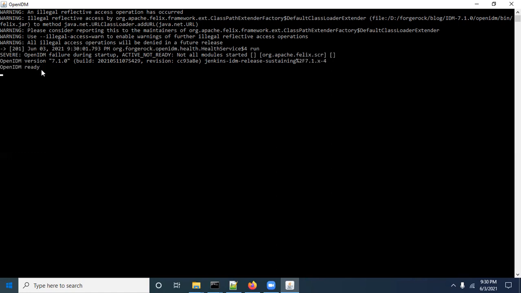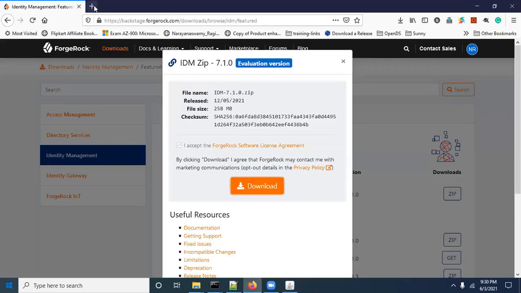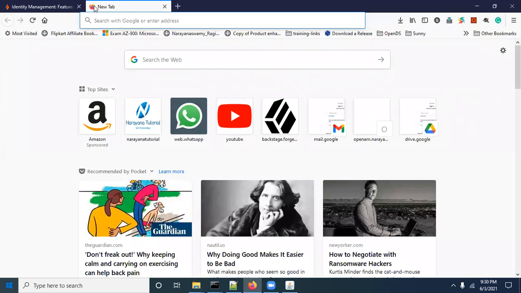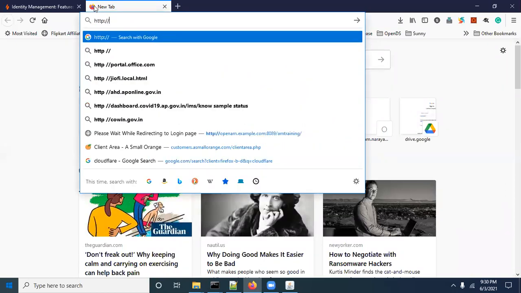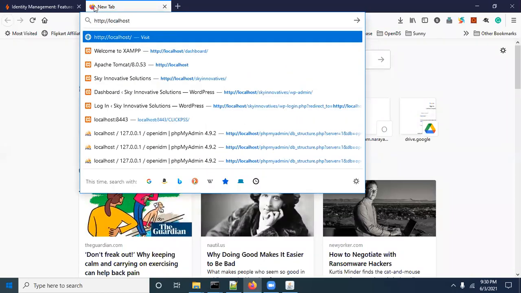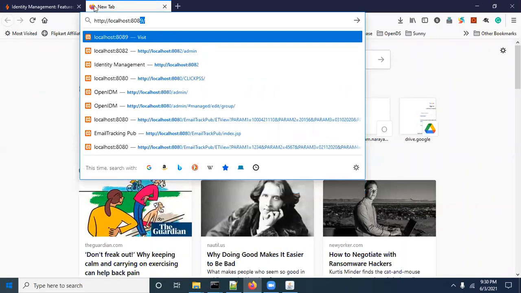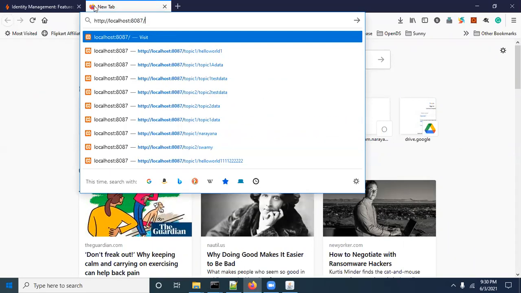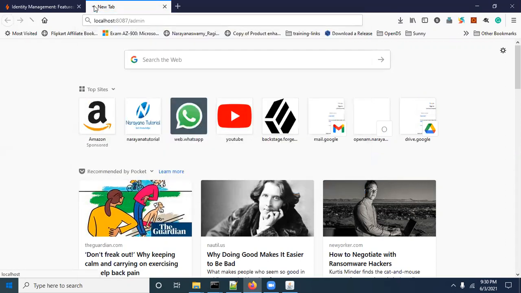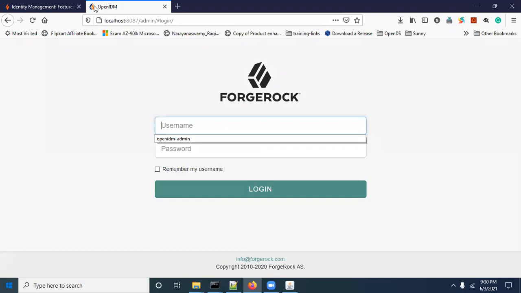Now go to the browser and type http://localhost, and what is the port we have given? 8087/admin. Yeah, correct. IDM has two applications, meaning two portals.